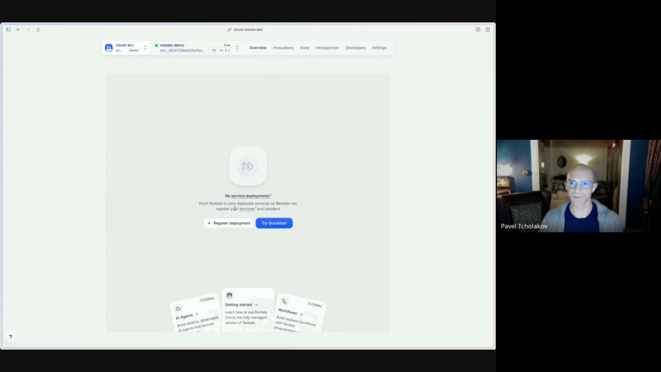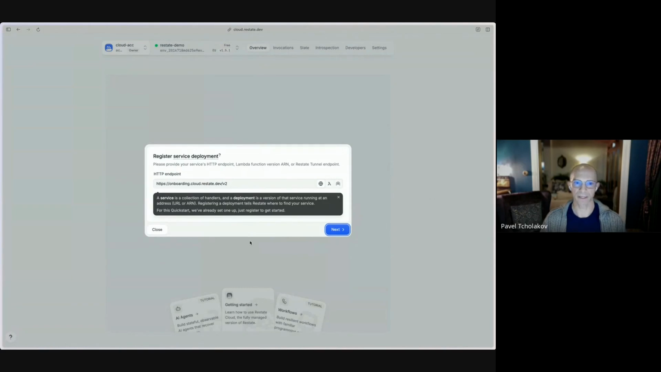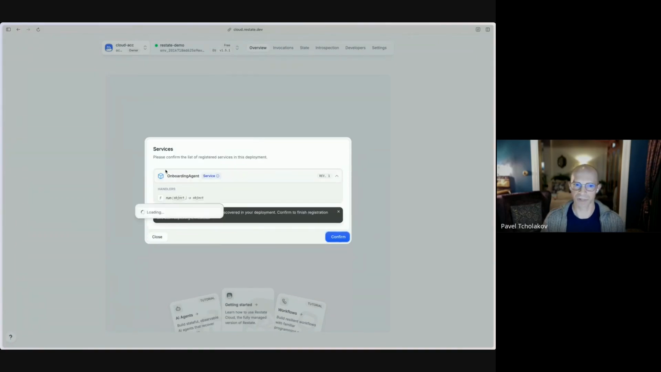So one of the great new features that we have in Restate Cloud now allows you to try out deploying a service without even running any code, without managing any deployments. If you just click on the Try Quick Start, we have a built-in Restate managed onboarding service that you can deploy to your Restate environment. And if you just follow the prompts, it will give you a lovely guided tour of some of the new features